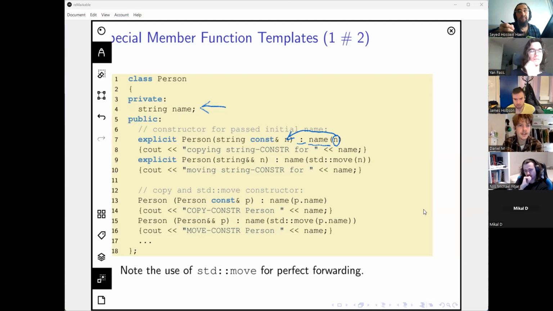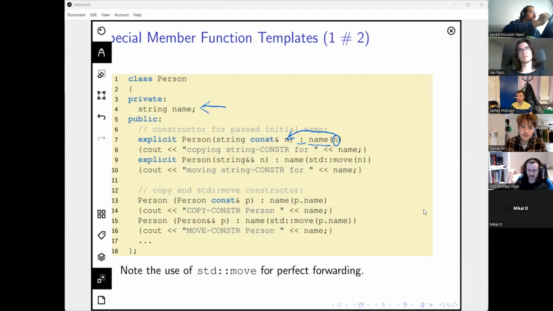Isn't this usually done in the body? Well, that's a very good question. The body is called after the initialization of the data members, which means that yes, you can change that.